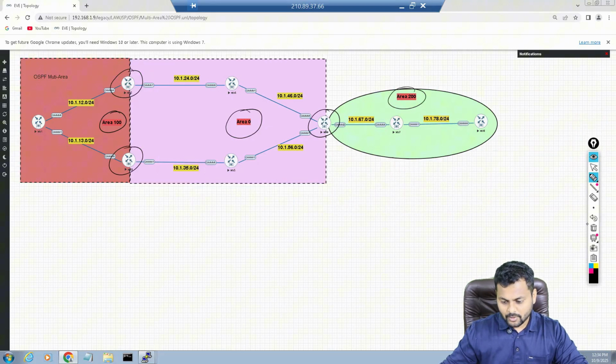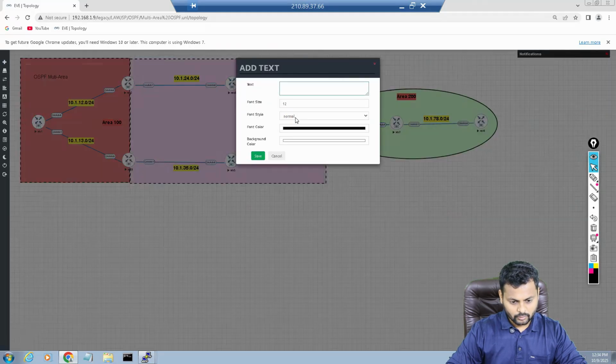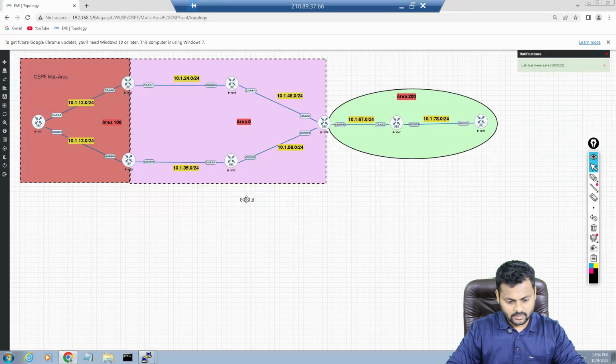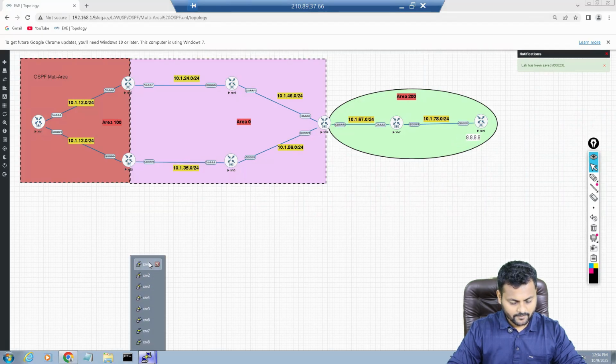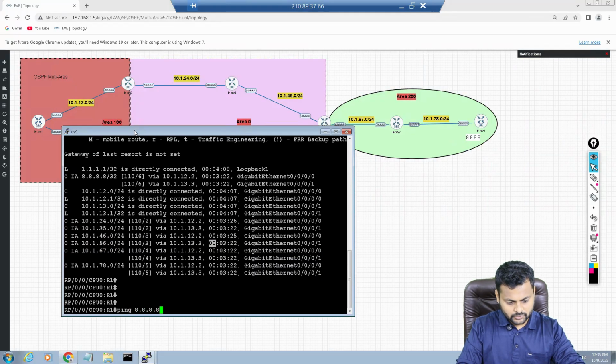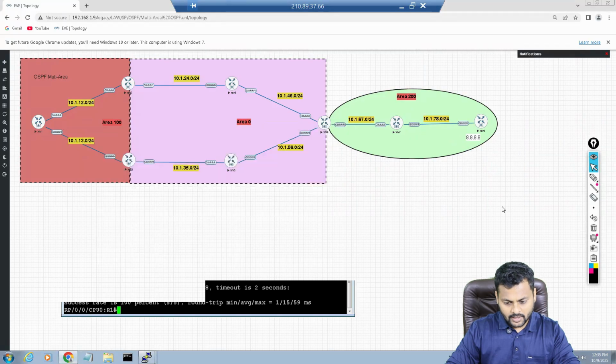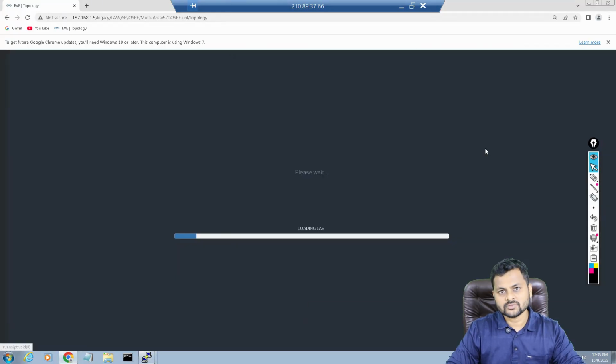area. So if you have a look at router number 1, let's first check the connectivity from router 1 to router number 8, the loopback. Let me do one thing. I'll write the loopback 8.8.8.8. Let's go. I'm going to send the packet from router 1 to the loopback 8.8.8.8. So if you see ping 8.8.8.8, the source will be 1.1.1.1. So I'm sending the traffic from R1 to R8 and it's working good. So our data plane is working good right now.